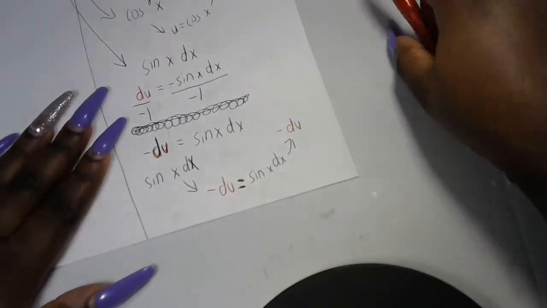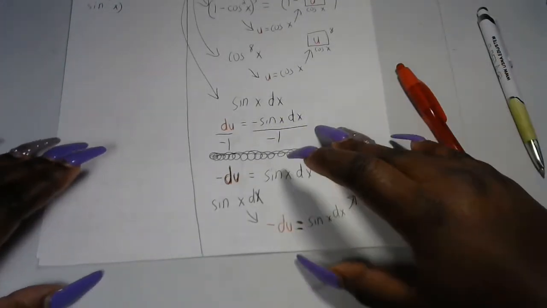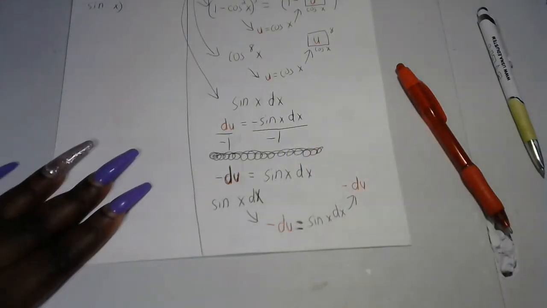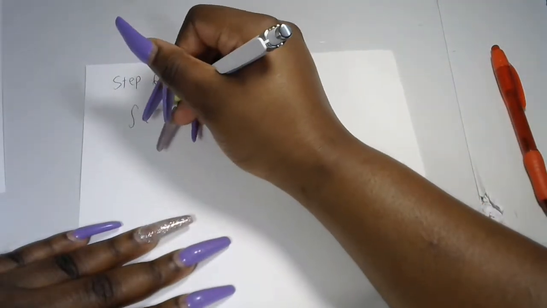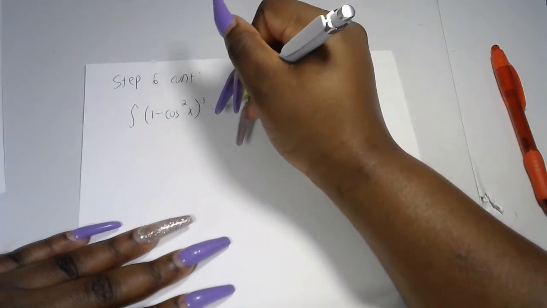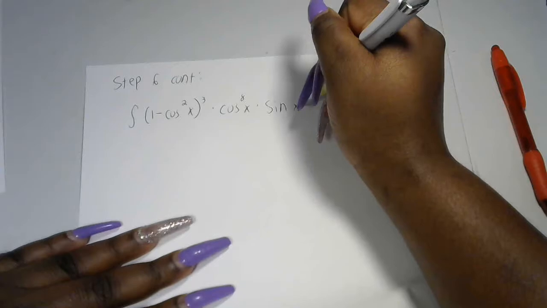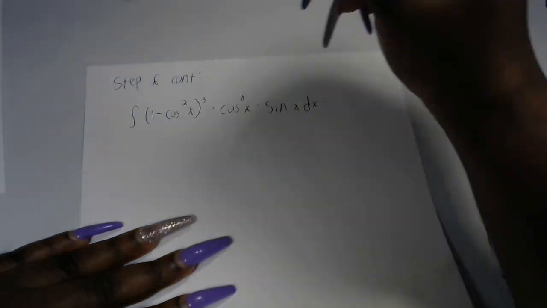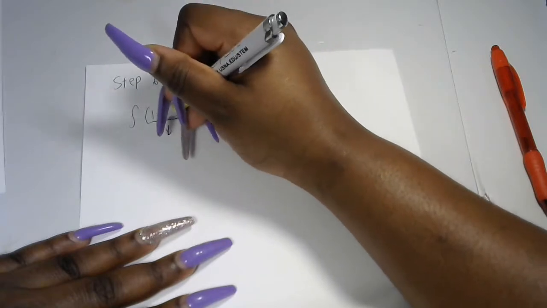Okay, so anyway, since we have that, let me get another piece of paper. I'm running out of space. So here's step 6 continued. Like we said before, originally we had 1 minus cosine x squared, all that cubed, times cosine x to the 8th times sine x dx, right? But since we already established here that this term right here is equal to,